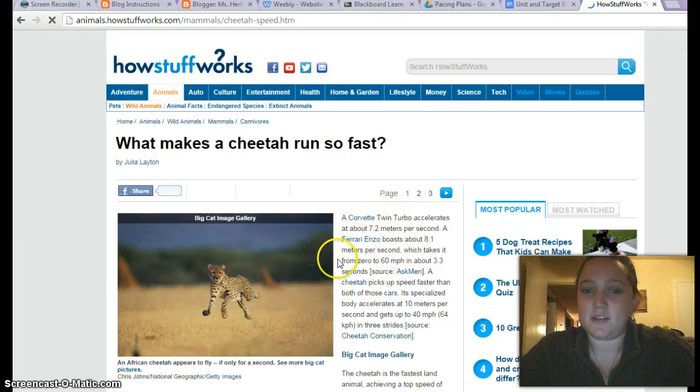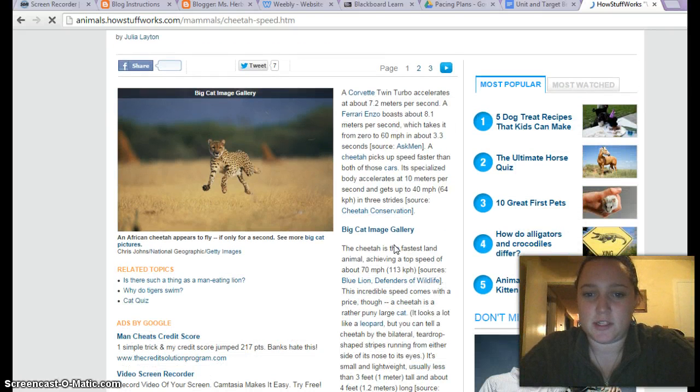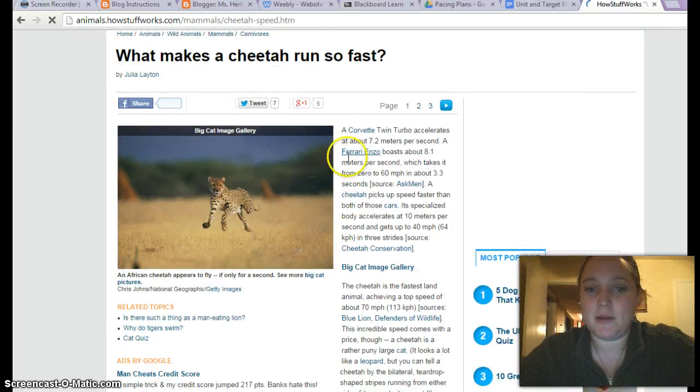So it talks about a Corvette and how fast that is. Talks about the Ferrari Enzo. And then it talks about the Cheetah, which seems to be faster than both of them, which is pretty impressive. So a Cheetah is faster than even we can engineer. So I would read here, I would learn a little bit about it, and then I'm going to come back